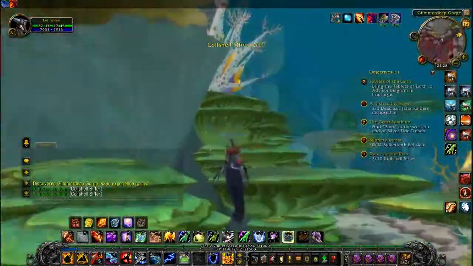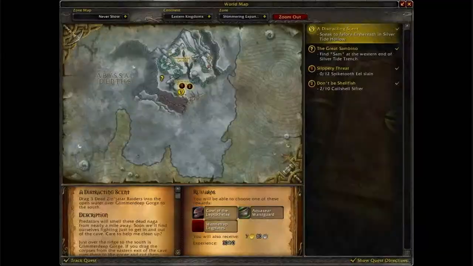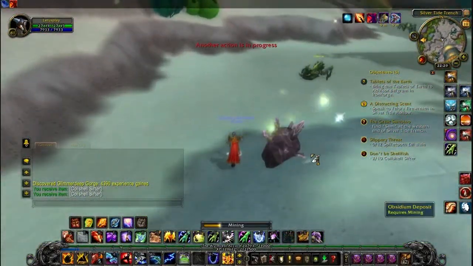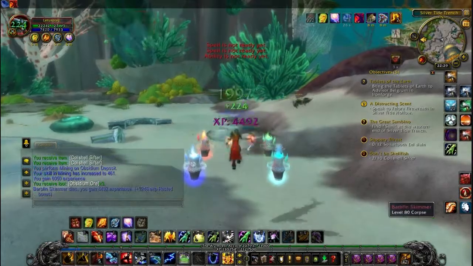Now, after we've completed that quest, you have to destroy the Naga with spears. You just have to chase them out. It's kind of a fun quest, because you get to kill Naga indiscriminately. And then you get a set of quests in this cave here, right next to this massive